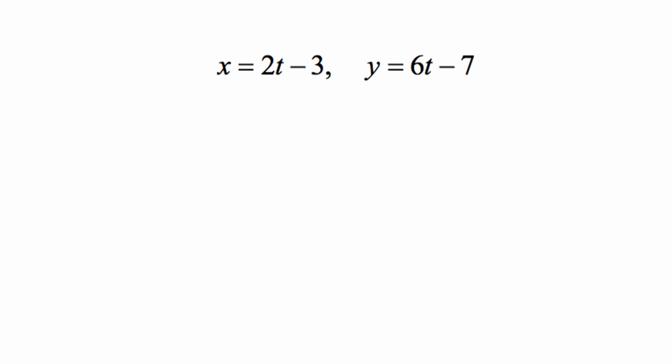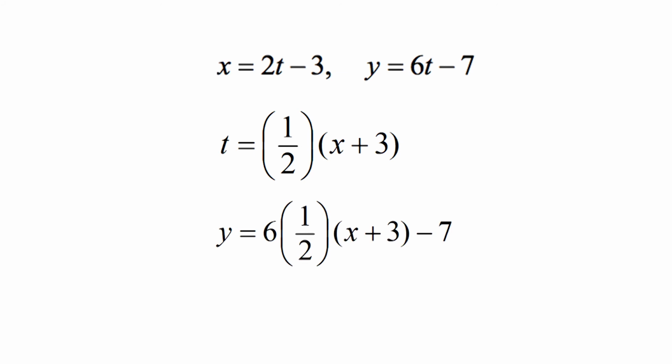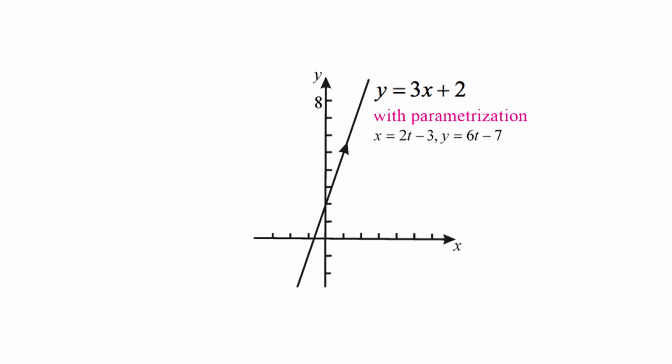To eliminate the parameter, we will solve the equation x = 2t - 3 for t as a function of x and obtain t = (1/2)(x + 3). Substituting this expression for t into the equation y = 6t - 7 gives y = 6 × (1/2)(x + 3) - 7, that is, y = 3x + 2. Thus, the graph represented by the parameterization is the line y = 3x + 2 of slope 3